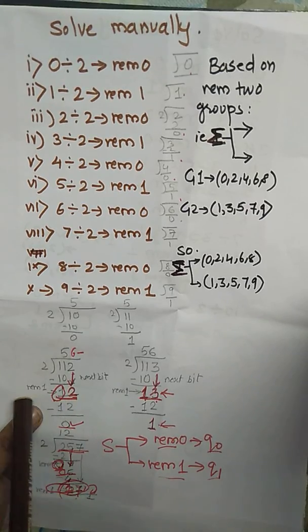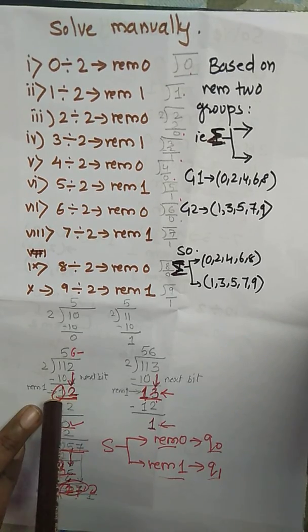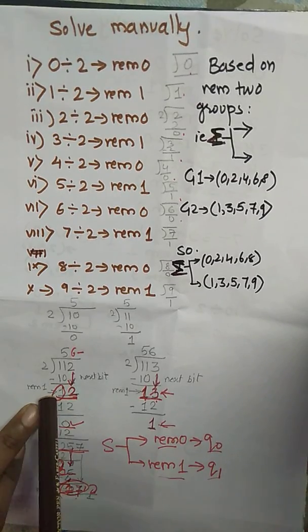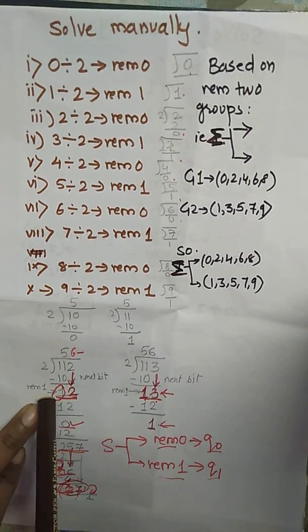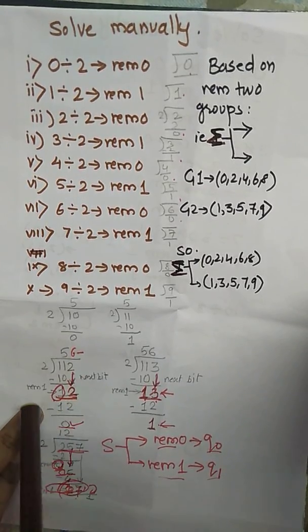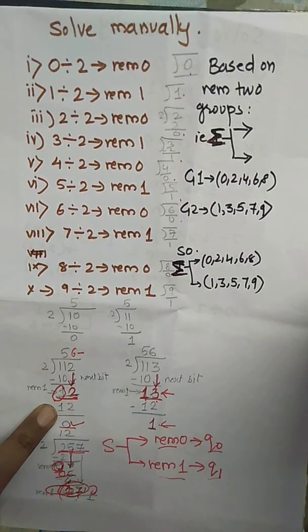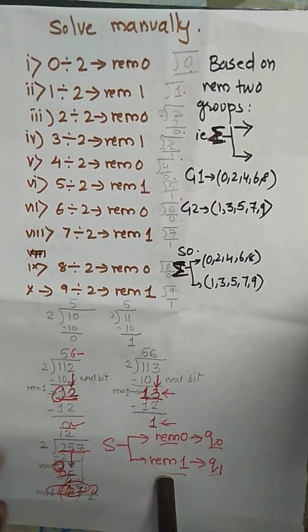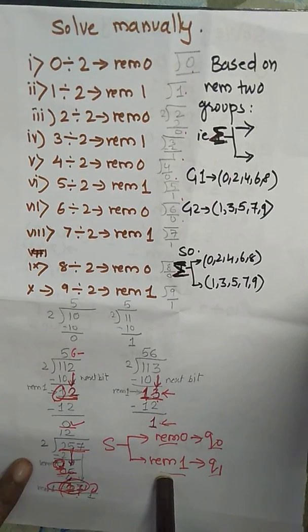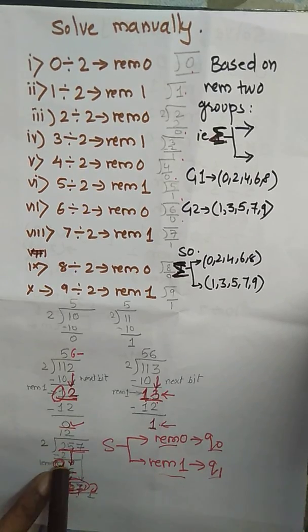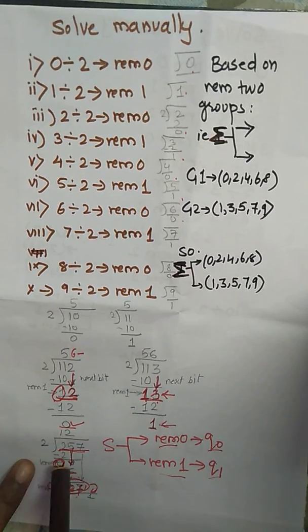This remainder will be considered as the previous remainder that we are going to consider while solving the rest of the portion. So this remainder 1 will be treated as the Q1 state. Now Q1 with the next bit 2. Q1 represents remainder 1, that we have to remember while solving our next portion, while designing our transition function. Next bit 2: when we divide 2 by 2, remainder is 0. So remainder 0 is indicated by the state Q0.